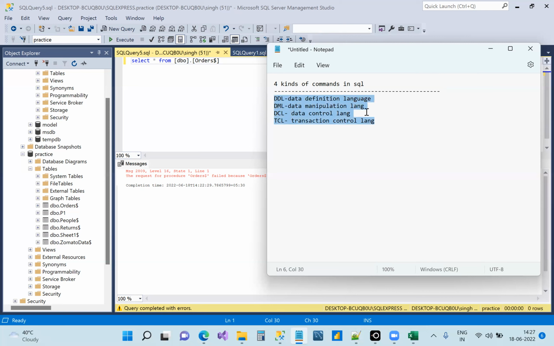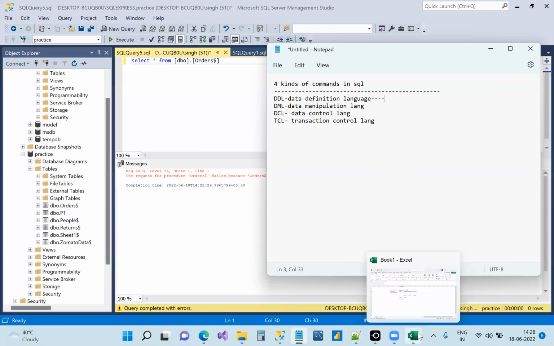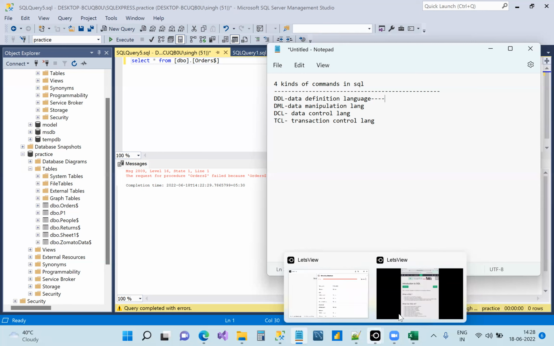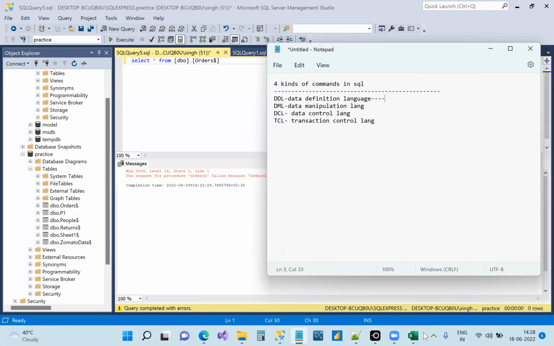First, there are four kinds of commands in SQL. They'll ask you in the interview, you'll have to name all of these. And in each of them, we have few statements. Okay, got it? So let's understand what is data definition language. This is an introduction class, so I'll not go deep into each one of them. What are the statements in it? I'll just give you an overview of what it means. Okay, definition. What does definition mean? If you have understood everything till now, it would be very easy for you to learn this, to know what is data definition language.